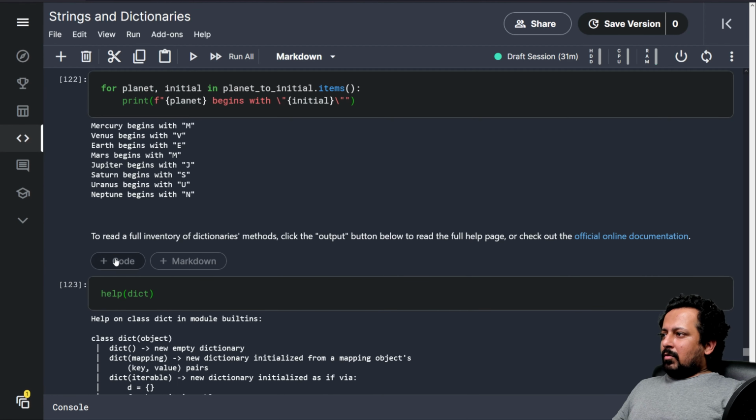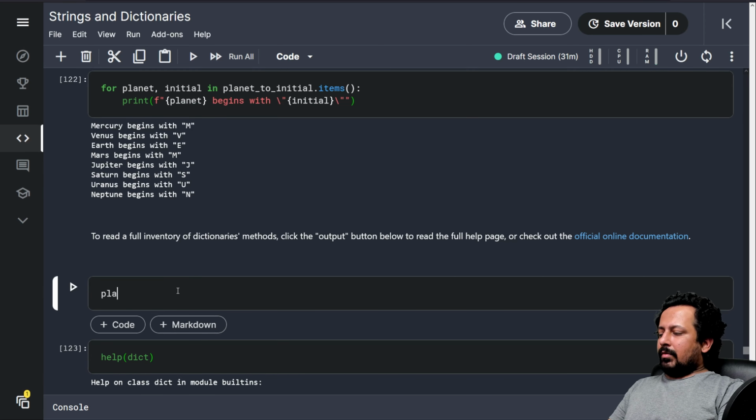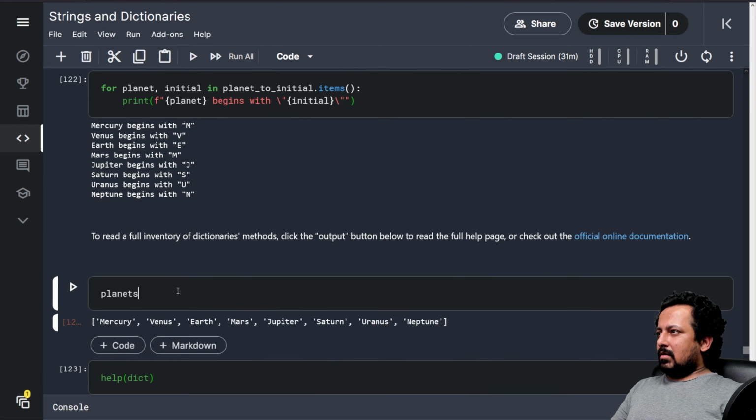One more thing that I would want to show you is planets to initial.